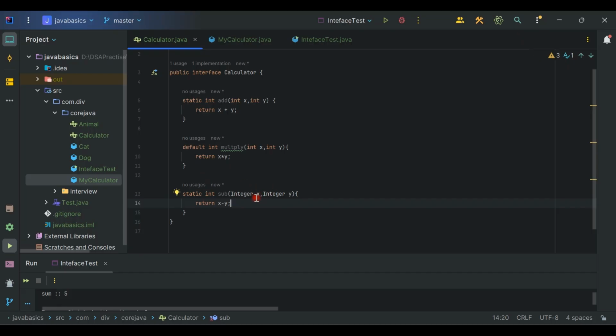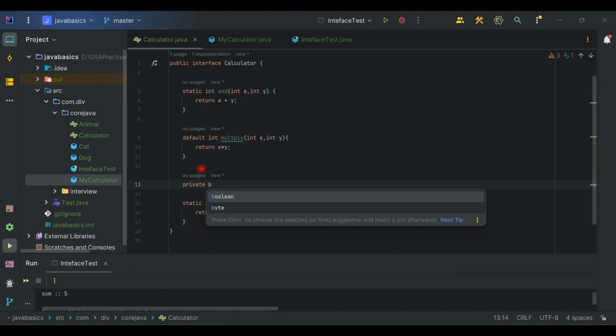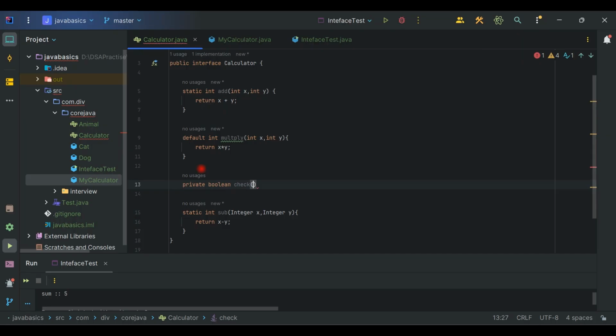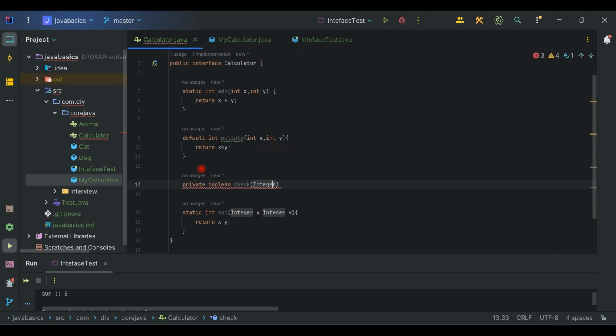Now what if the user will pass null? The method execution will fail. To handle this, in interface we can validate these things. I am going to create one private method, and the return type is boolean, and I'm going to create one check method. The parameter is integer. Check is not null,